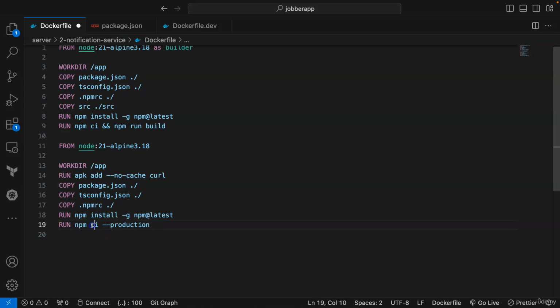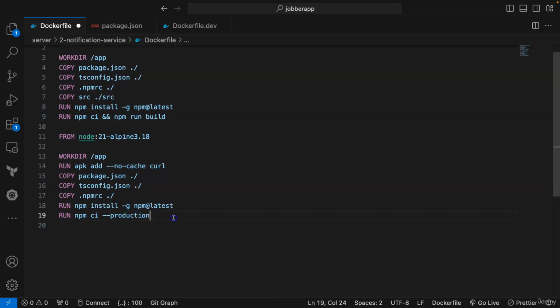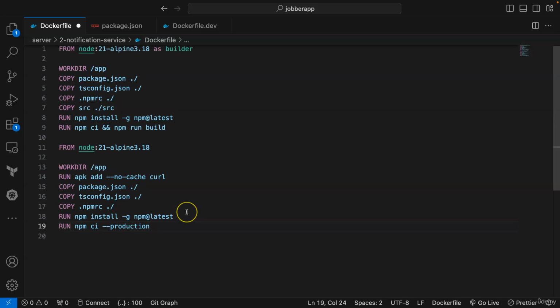Sometimes you might see npm install. Okay, but the reason why we are adding ci is because we are going to run this in our CI/CD pipeline. Okay, and then the next thing we need to do is we need to use the build that was created here. Okay, so use the build that was created here, and we can do that with